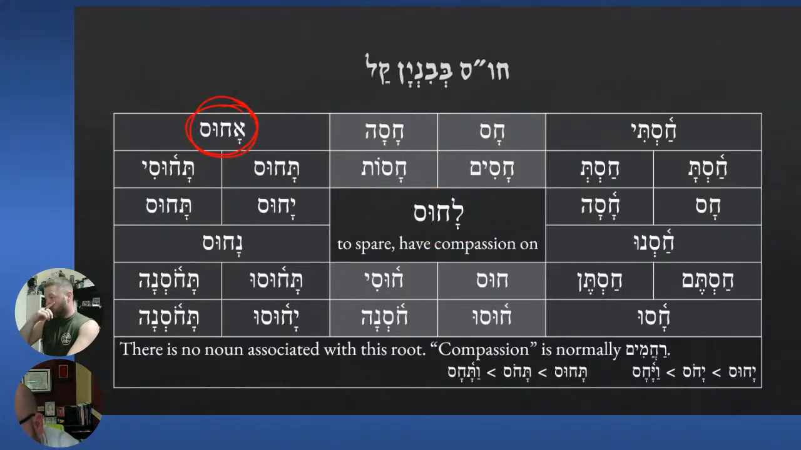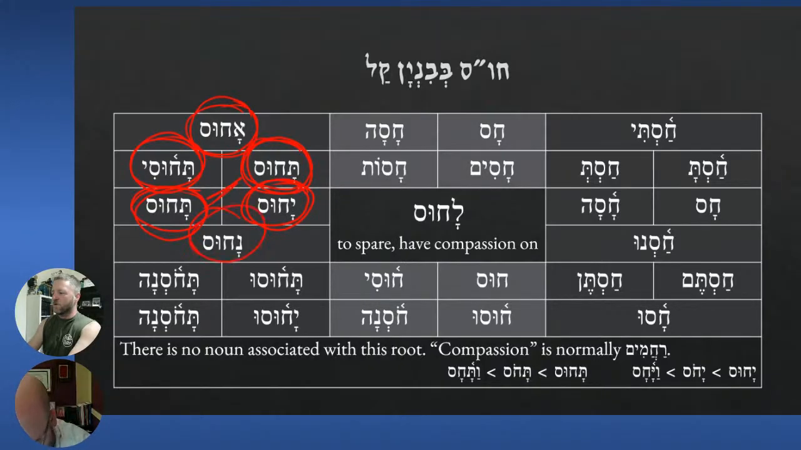Achus, I will have compassion. Tachus, and always the third looks the same. The third feminine singular. You will have compassion. Ata tachus, vehi tachus. At tachusi, hu yachus, anachnu nachus, atem tachusu,